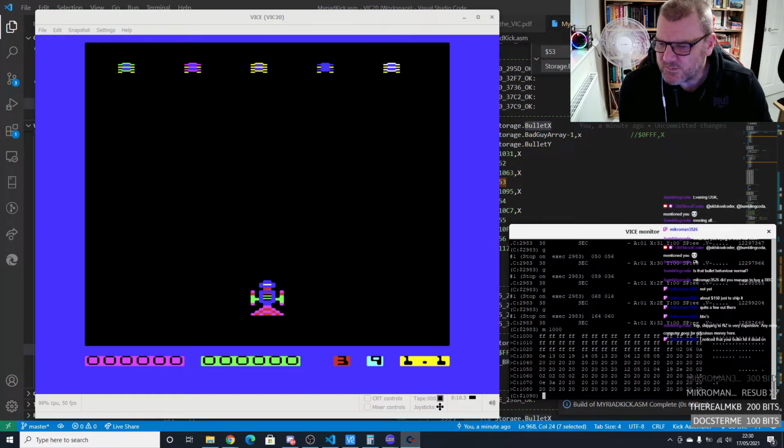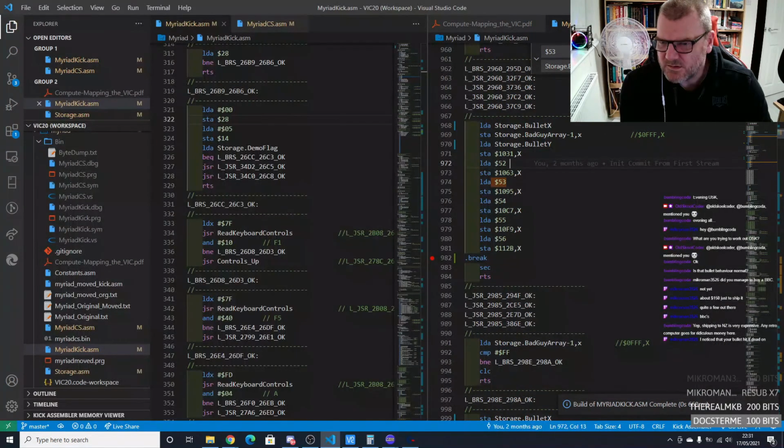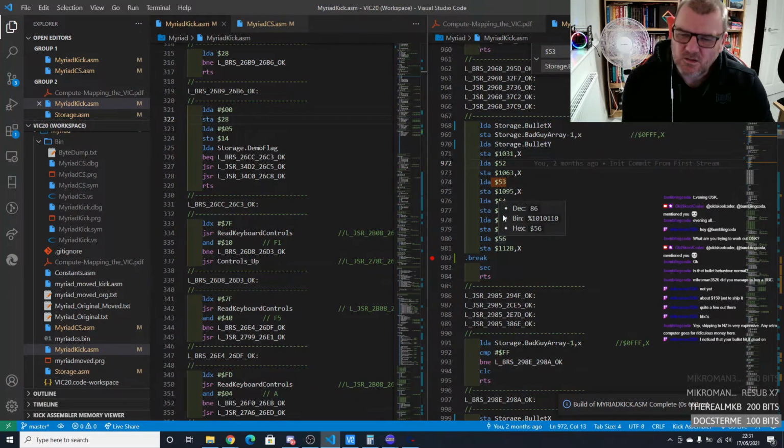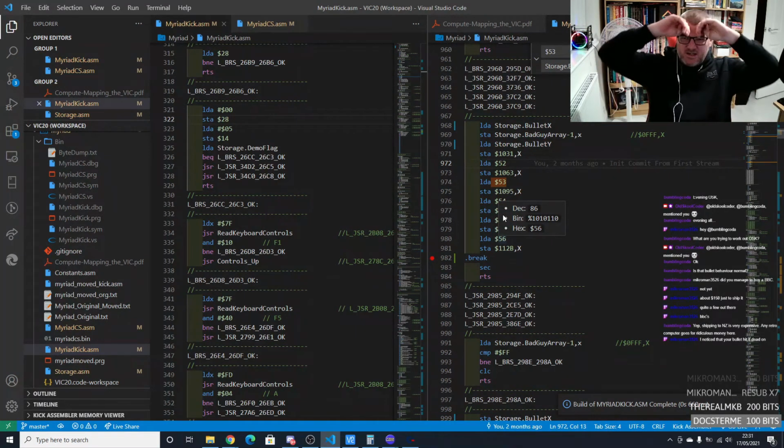Oh no, we've got some here. 02, 06, 08. So 31 is right, so that is storing in there, that is loading there and storing it into there. Right, okay, so this is taking